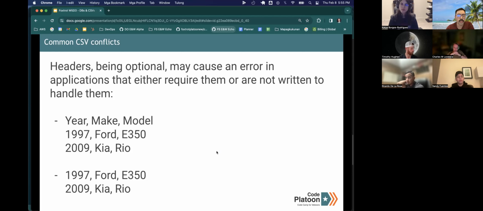Right, headers are optional, so be mindful of whether the data you're working with has headers or not. How you write your code to handle a CSV file, you should be prepared for cases in which you'll have those headers and cases in which you won't have those headers. For example, in a workplace environment, you might design an application used by different teams who submit these CSVs